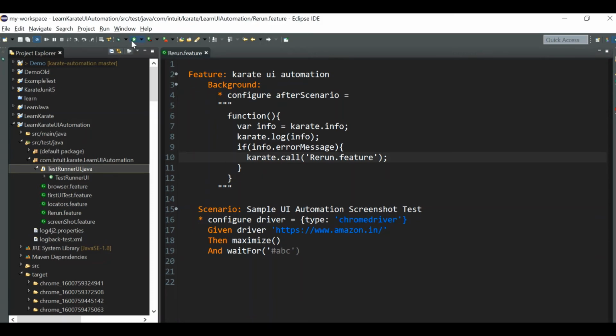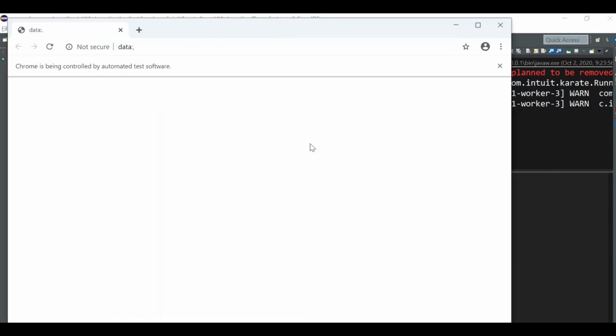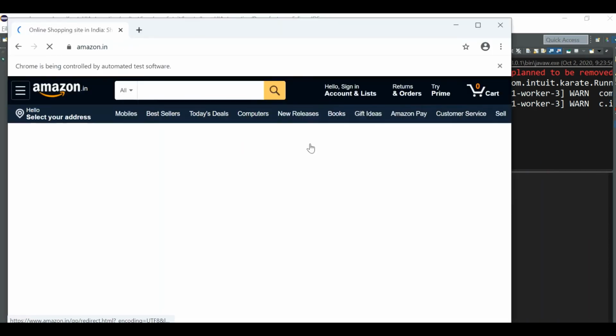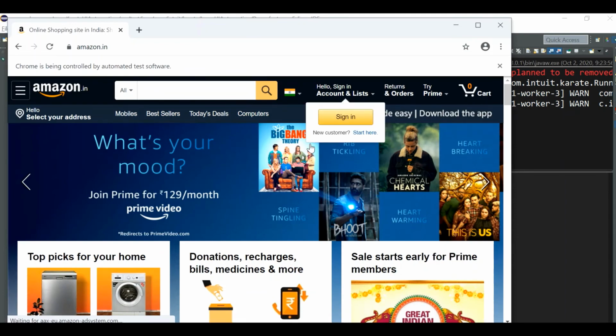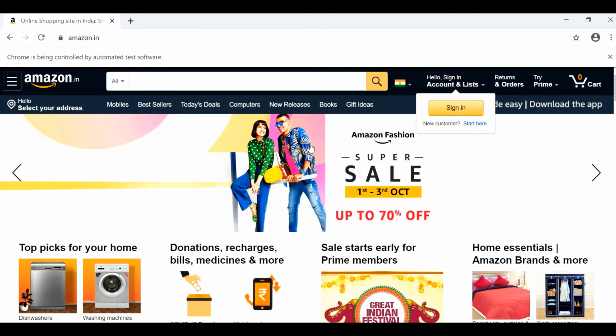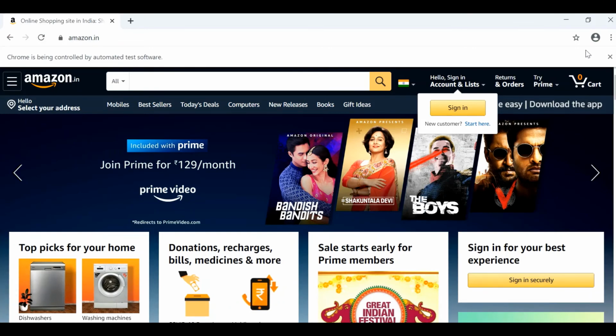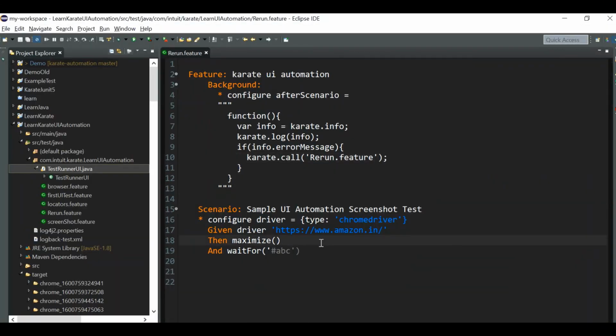And now let's run it again. Actually, the test would fail. Now what it will do, it will call the test again. So it reloaded, right? I hope you have noticed. To identify this better, I will call some other website as well. Let's give some other URL. Now I will rerun this file.